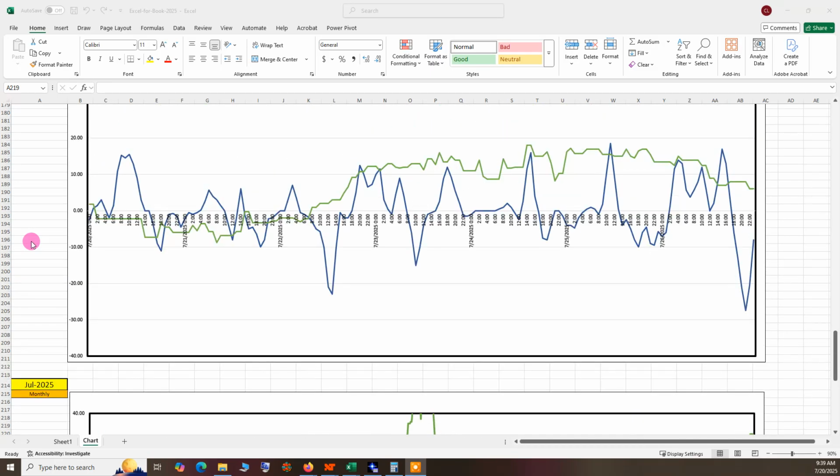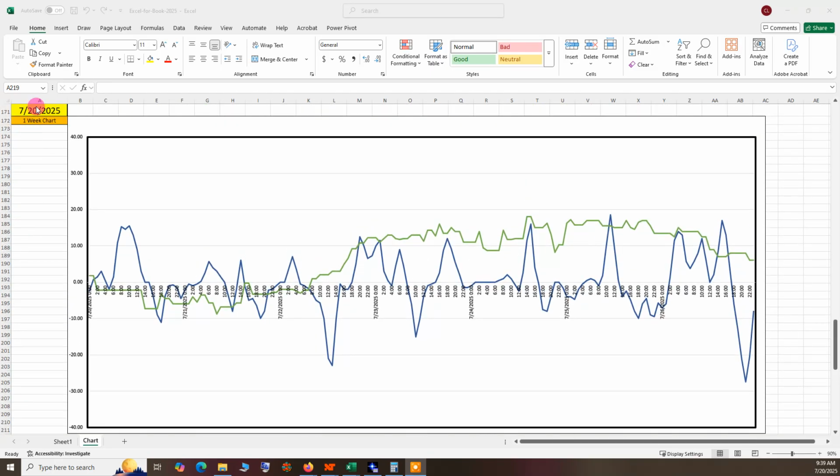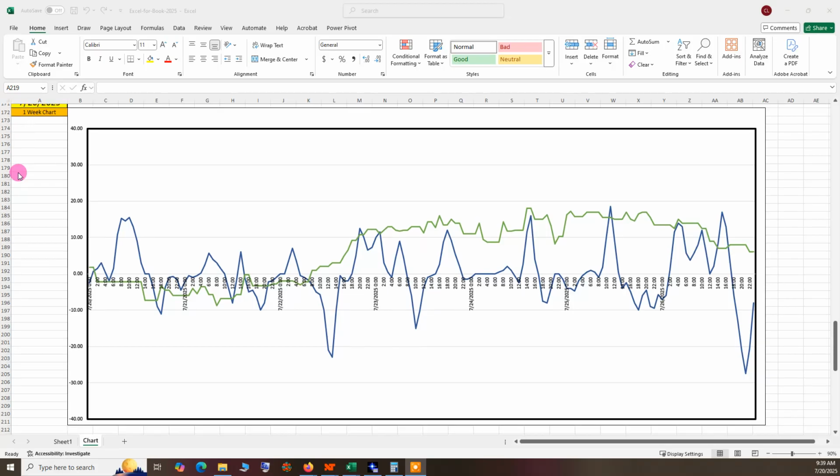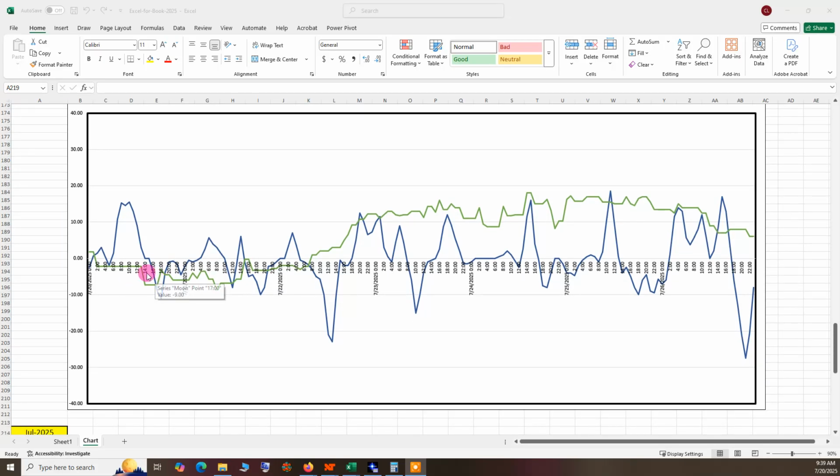So looking at the forecast for the coming week, starting on Sunday the 20th, we've got green line relatively neutral, breaking upward on Tuesday and getting up above plus 10 for the rest of the week, where we're between plus 10 and plus 20. So we're going to be relatively bullish from late Tuesday onward into the end of the